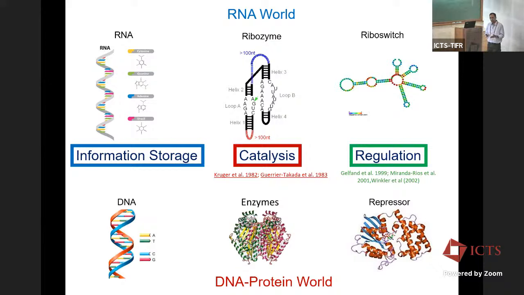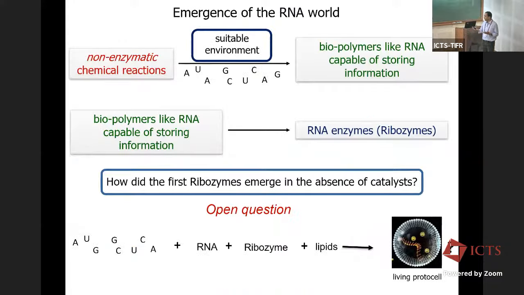So an RNA molecule can perform all the three functions that are performed individually by DNA and proteins in the current world today. So the hypothesis is that the earliest living organisms were made up of RNA molecules only. So even if this hypothesis is true, we need to understand how we can start with a bunch of nucleotides, RNA nucleotides, and because initially there were no enzymes to begin with, how did non-enzymatic chemical reactions produce these biopolymers,